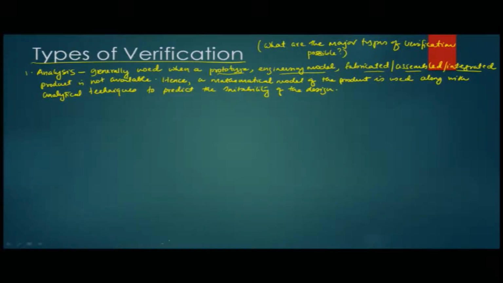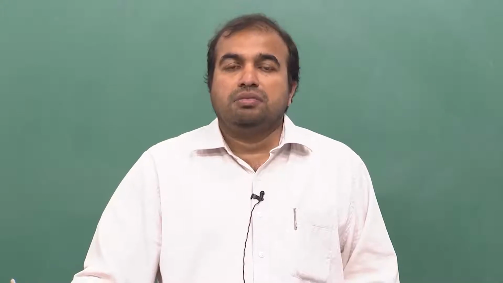So, a classical example of this is, if you want to develop a model for safety evacuation of a big city in case of a nuclear attack. You cannot really create a model of that, because you can't take a nuclear bomb and put it in a big city where people are living. So, then what happens is, a mathematical model of the city is built with appropriate buildings and all those kind of things, and dropping of a bomb is simulated, and then the propagation of the shock wave through the different structures of the city is simulated by the computer,